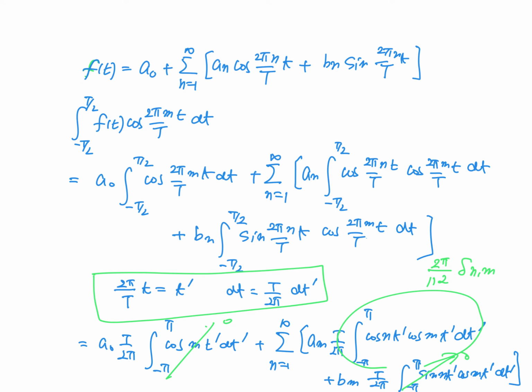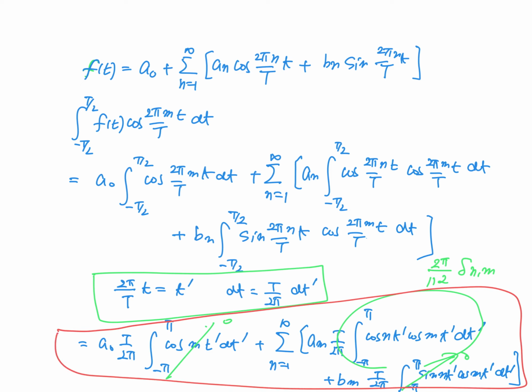If you refer to the previous result, then it's 1/2 of 2 pi. So it's 2 pi divided by 2. So this whole thing actually, maybe I should use red, becomes